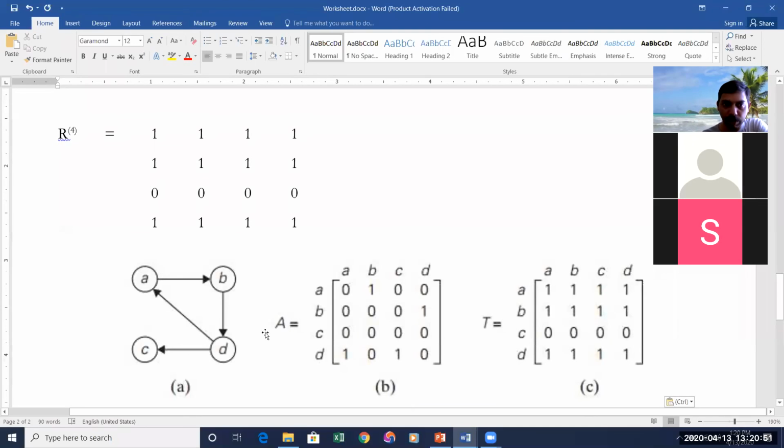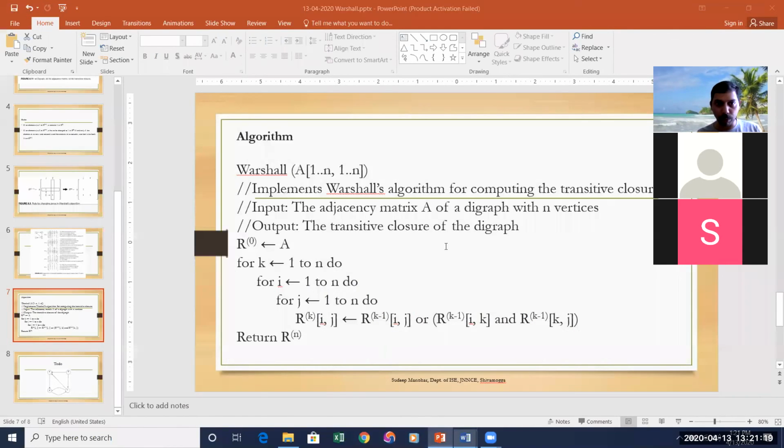But this matrix that is calculated is by making use of some algorithm, Warshall algorithm, and we have moved through many steps, 4 or 5 steps, and finally we got this matrix. So this matrix and this matrix are the same. So this is the transitive closure we have got through the Warshall algorithm. I hope you understood this algorithm. Based on this algorithm, some more points, and we will finish this session.